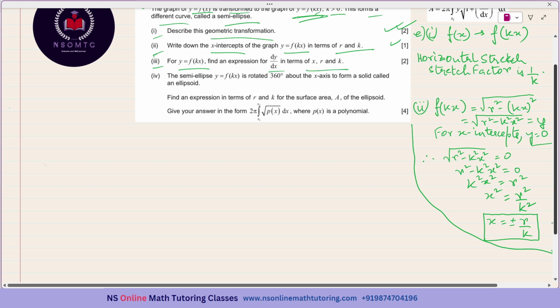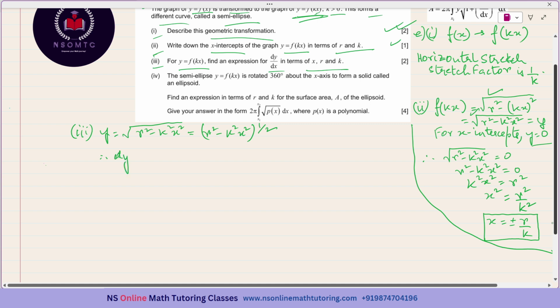x, r and k. Find, so I. It is y equals f of kx, and the expression of f of kx is this one. So this is r square minus k square x square. Okay, which can be written as r square minus k square x square to the power of half. So therefore,